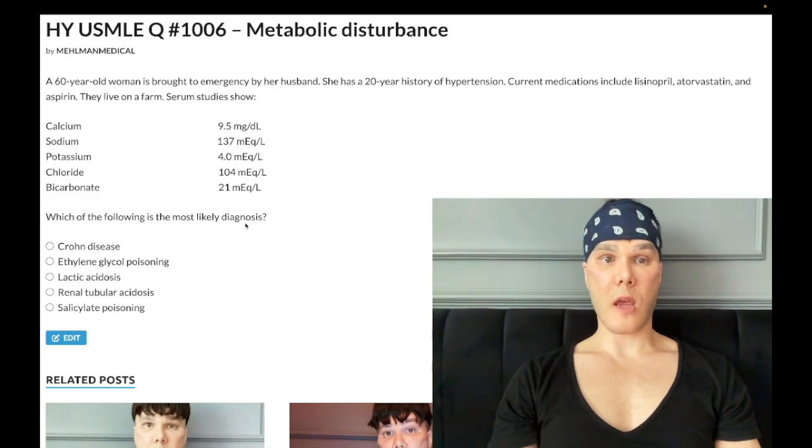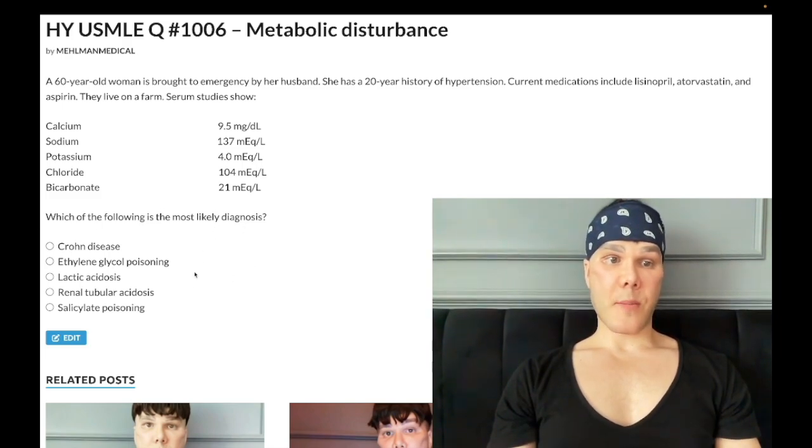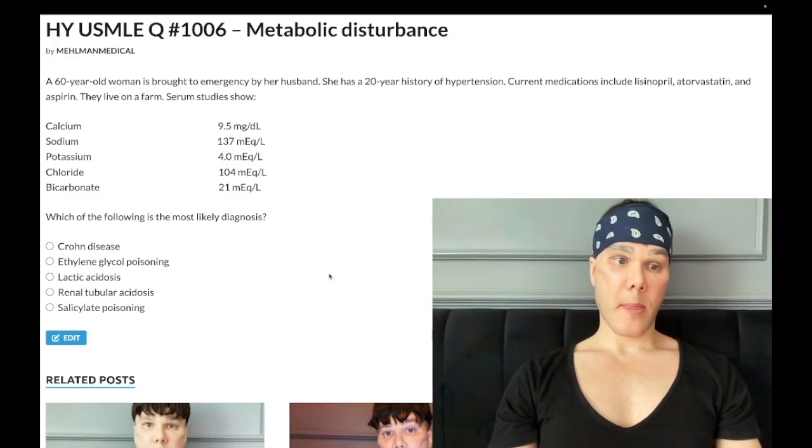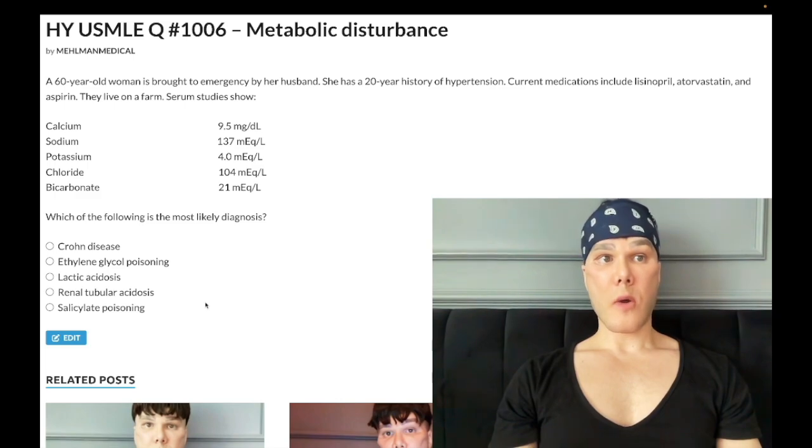The question wants to know mostly the diagnosis. And then we have a bunch of MUDPILES diagnoses here. We have a very vague vignette, not much to go by. But when you look at the answers, you say, okay, MUDPILES, which is the mnemonic for high anion gap metabolic